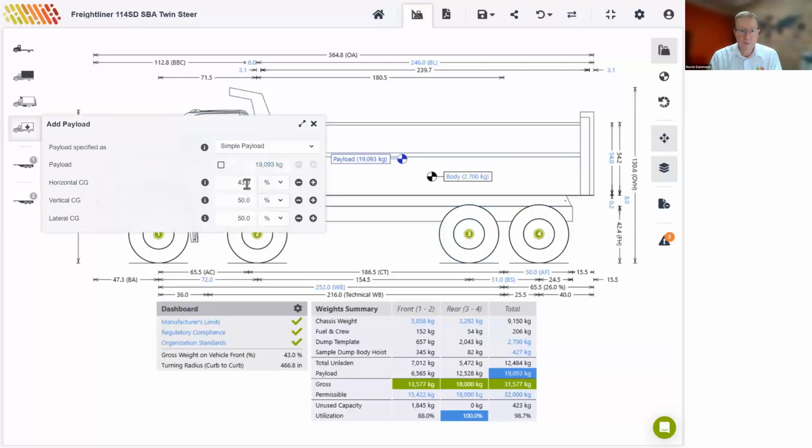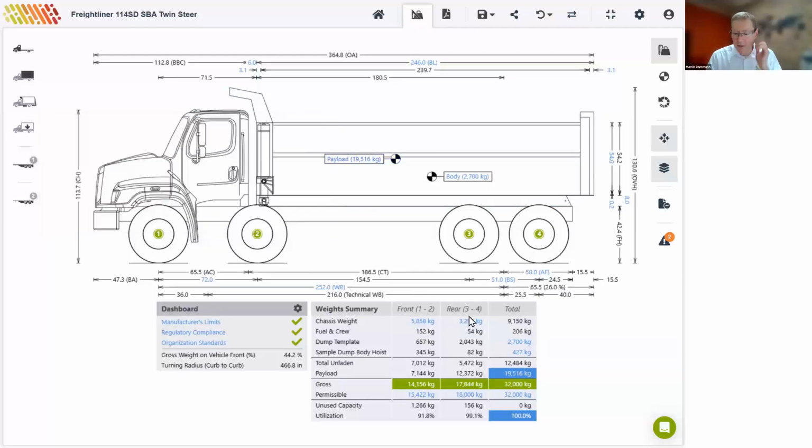And again, if we load slightly heavy up front, we should get to 32 tons, which would give us a payload of about 19.5 tons. So that is about 3.5 tons less than what we got in Ontario, but it is still a fairly decent payload for this vehicle. For our last case study,